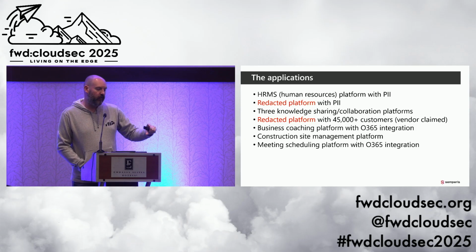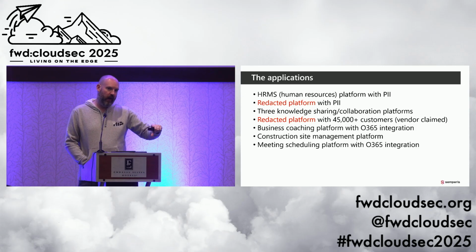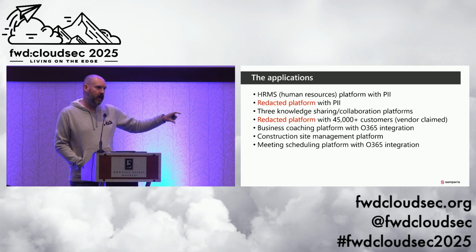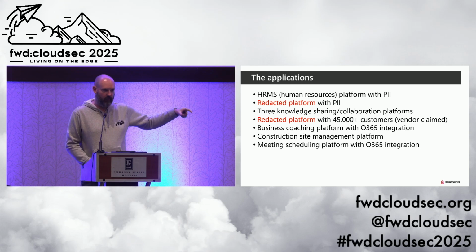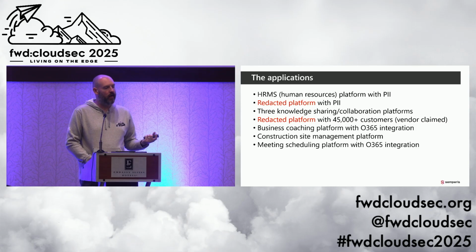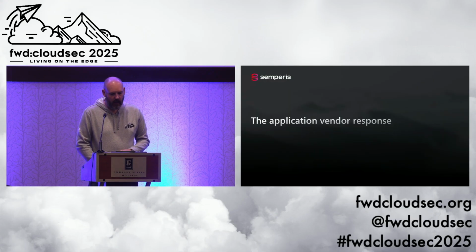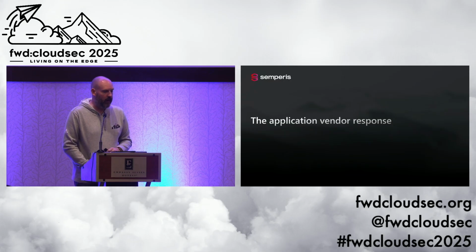And the O365 ones also were a bit concerning because effectively you could use a SaaS application to then pivot into these people's mail accounts, right? You'd get access to their calendar. Some of them could send mail, read calendar data, send invites, read email, stuff like that. So there's also that concern that the SaaS app now is a new pivot point into their Office 365 environment. And interestingly here, we'll talk about the application vendor response.